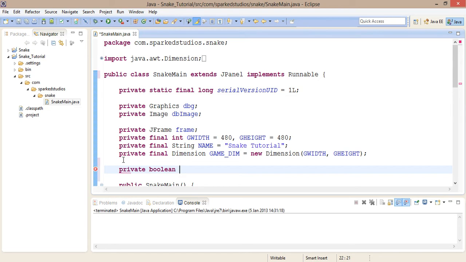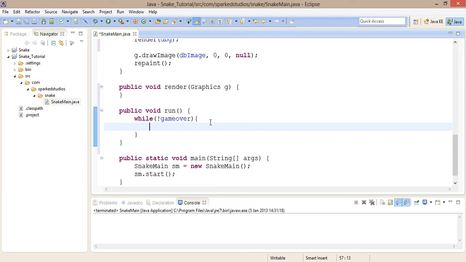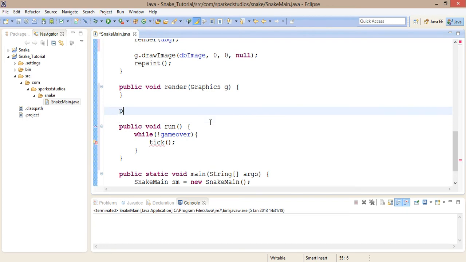Boolean, and what we're going to call this is game over, and that's going to equal false. So to start with, it's not going to be a game over, we're still going to be playing. And then in our run method, we're going to say while not game over. So while you're still in the game, we're going to tick, which is going to be our update method. So if we add that here,